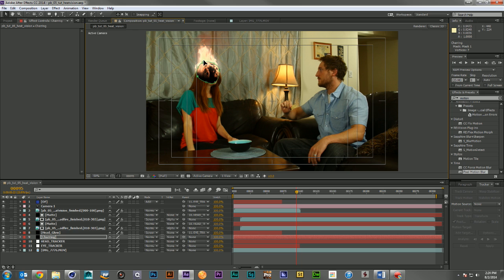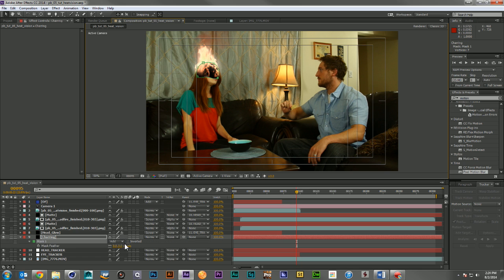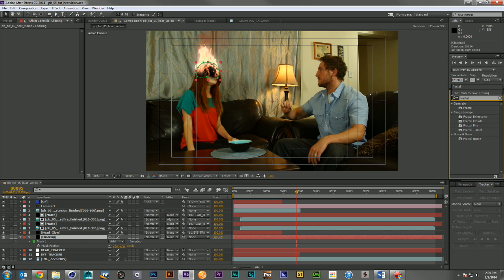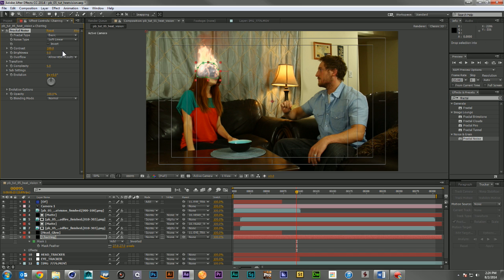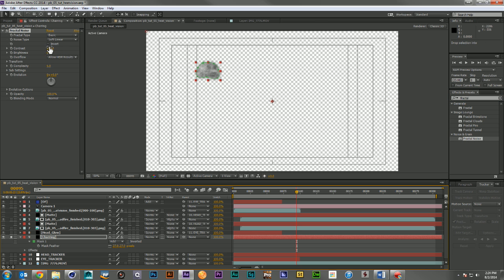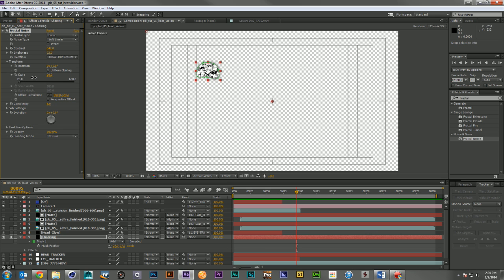Bring it in. Up. And let's go ahead and feather it a little bit. And we're going to add that same fractal noise to this guy. And this one we can pretty much leave the settings alone, except I want it to be a little more contrasty, and I want the scale to be a bit less. There we go. Now if I come in and I multiply it,